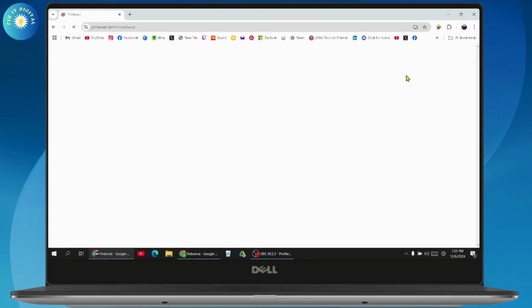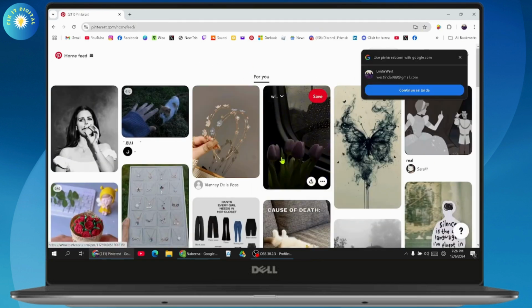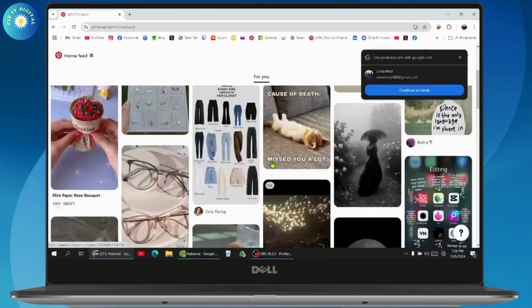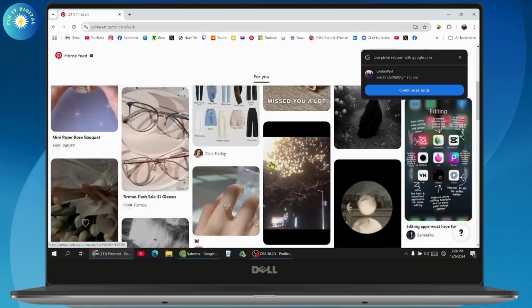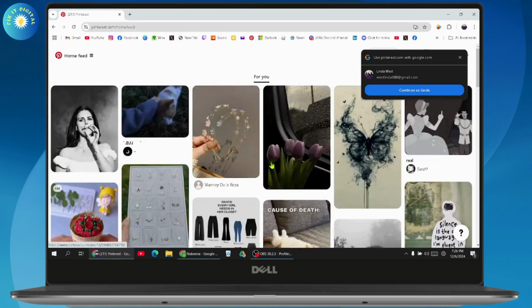Now once you're under the home feed, you can simply go with the arrow keys on your keyboard. You will have the upper arrow key and the bottom arrow key. You can simply press the arrow keys to scroll on your Pinterest, or you can also use your mouse. You can simply go with the scroller and just drag to the bottom or to the upwards to scroll on